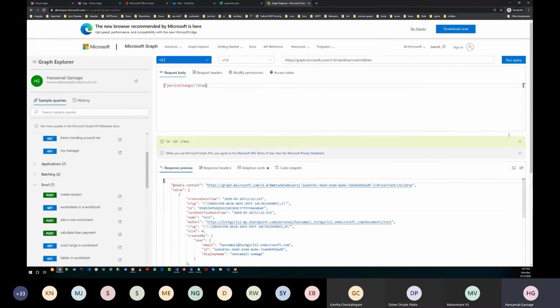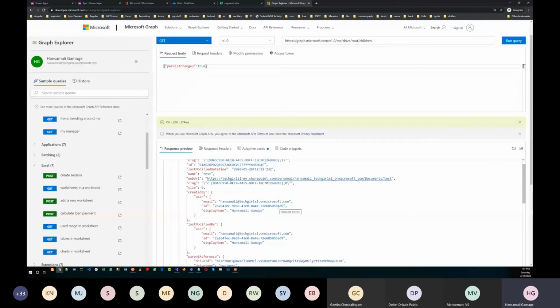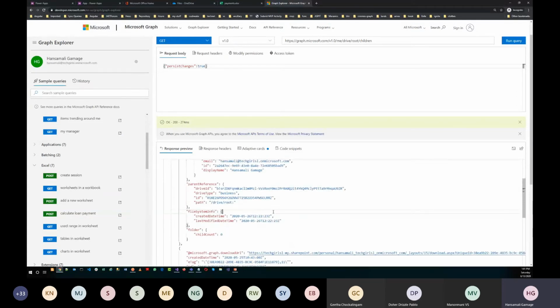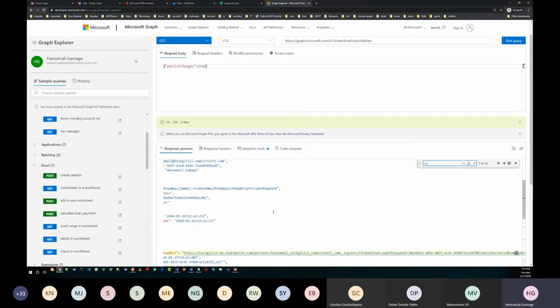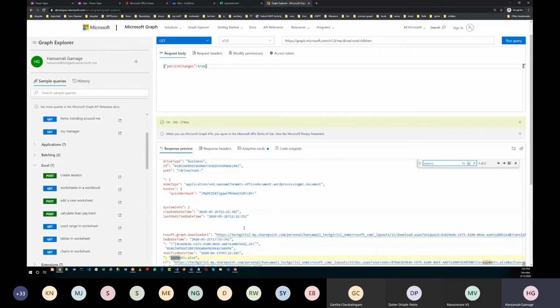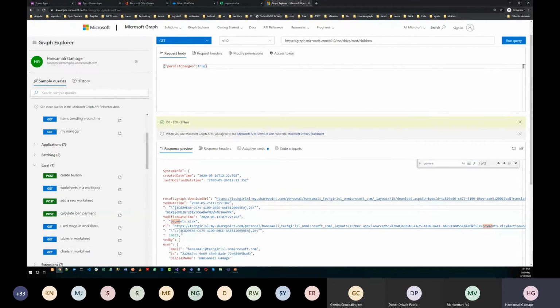Then you will be able to see that Excel sheet. Okay, now let's pass this name.